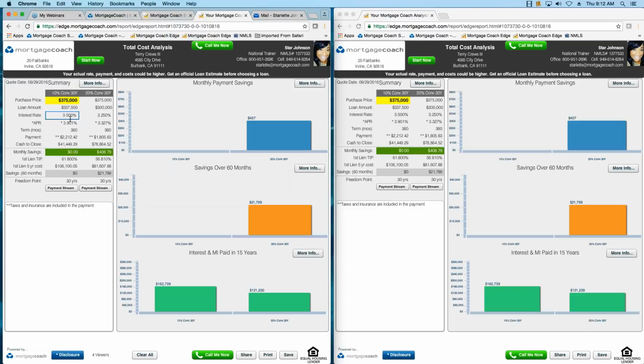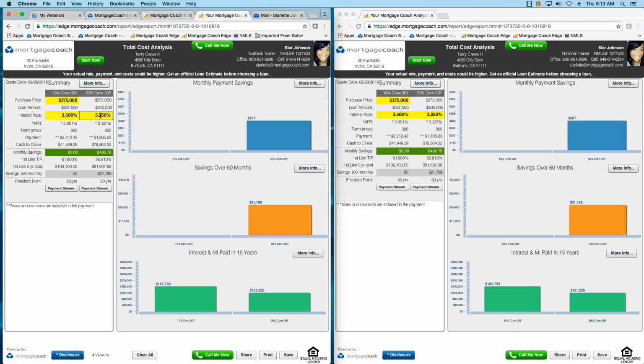So then I'll say, let's look at the 10% option. With this particular option, there's an interest rate of 3.5%. You can see that 3.5% on your end as well. Versus if you put 20% down, I can get you a reduced rate of 3.25%. And just in seconds before I end my last word in my sentence, you can see on the borrower's copy,